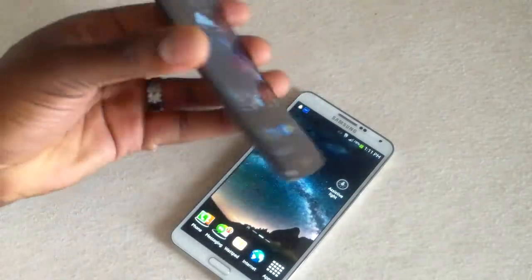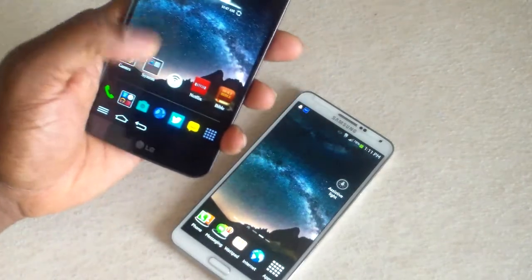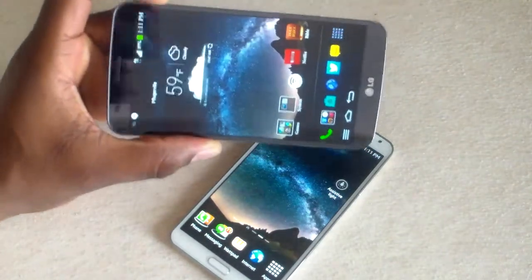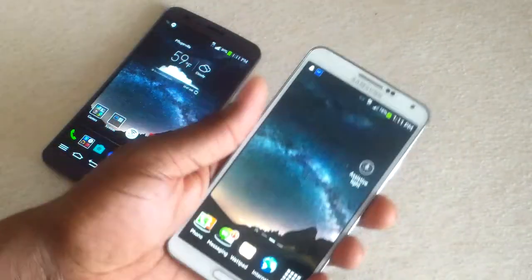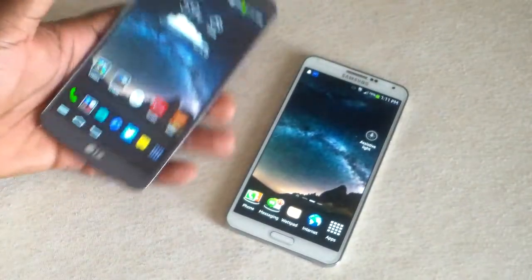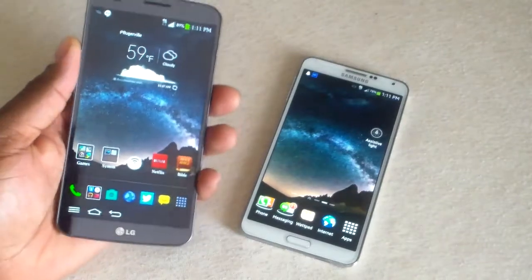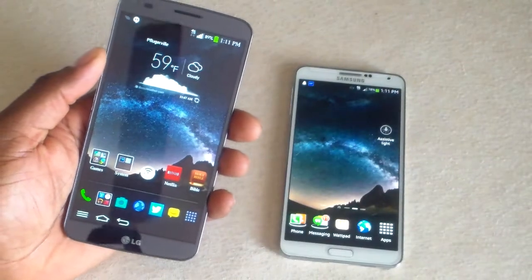But this particular phone, the curved display, I gotta admit, it does help when you're doing web browsing or typing or anything, especially when you're watching movies. It just feels like you're actually in it. It just feels good. And having a curved display, and then I go back to my Note 3 and start using a flat display, it just feels weird. And if I were to start using the Note 3 again full time, it would probably feel weird to use the G Flex. But I've actually started using the G Flex in place of the Note 3, and I'm not disappointed